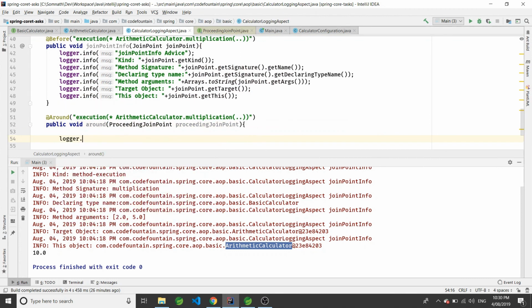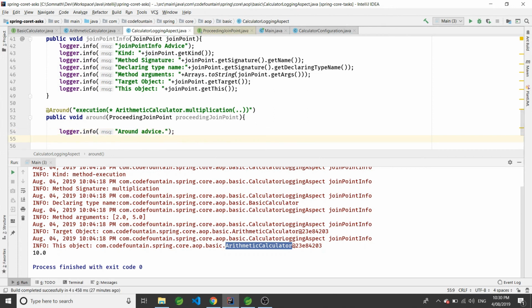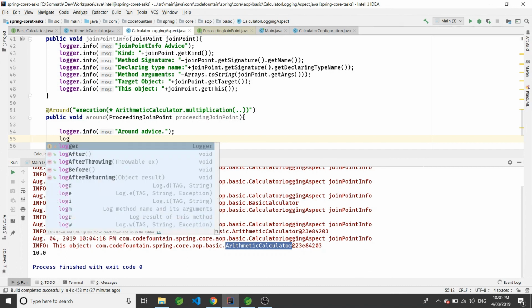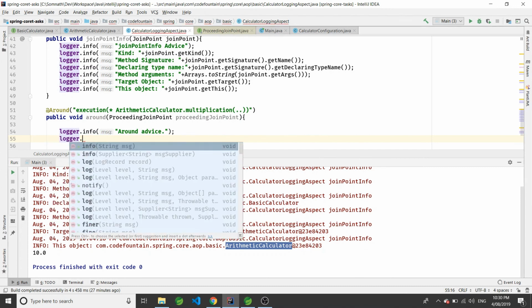Let's write this first. First thing we'll be writing is logger.info, around advice. Next thing we're going to do is, as you have seen, we have access to the method signature. We'll print that.